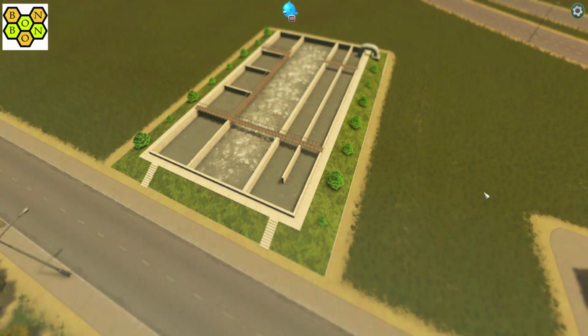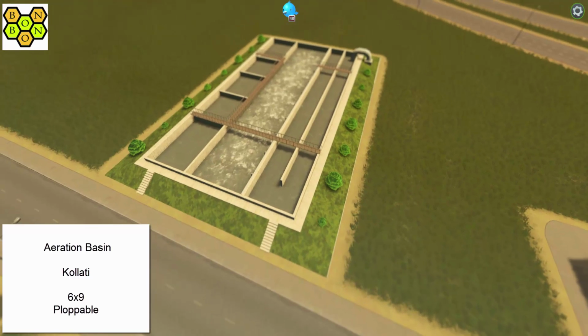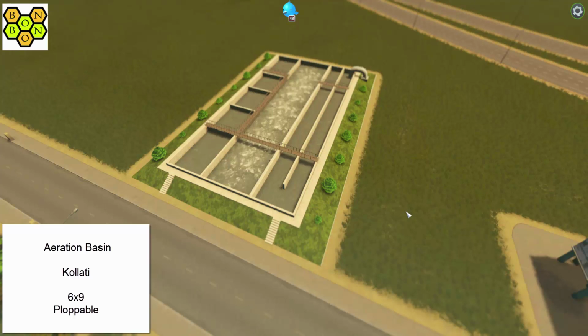And today's final asset is the Aeration Basin by Kalati. Now this one is 6 tiles by 9 and is the only one of today's assets which is not free placement. Has to go by the roadside, needs electricity, and like with all the other assets, does need to be plumbed in. Now this will handle sewage for you, and it